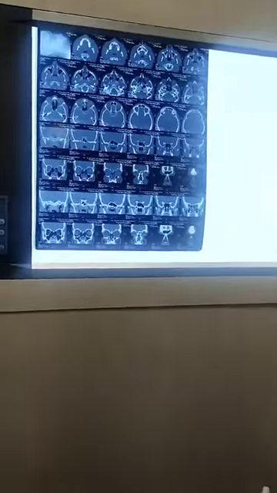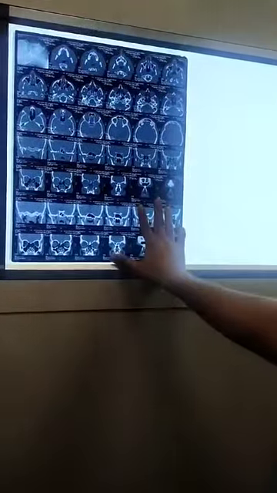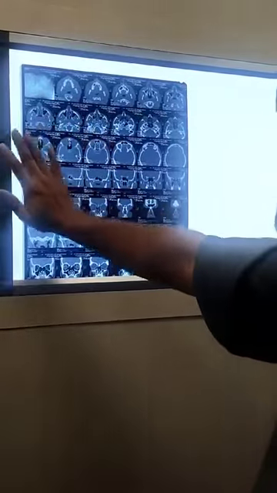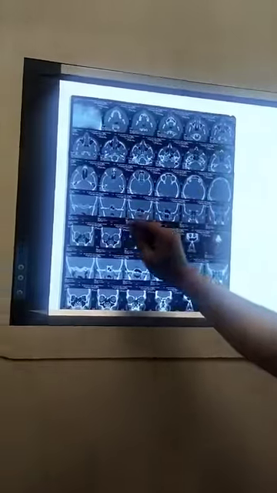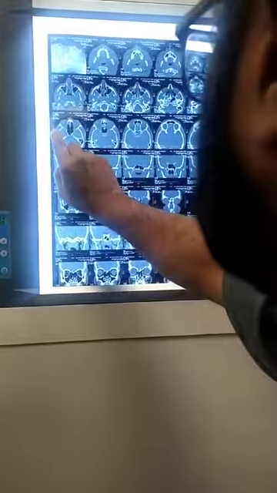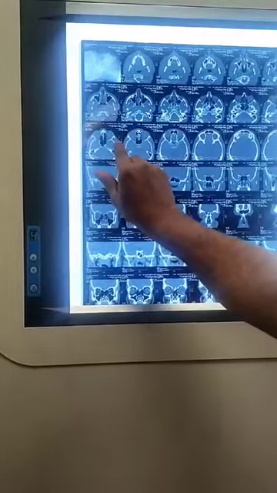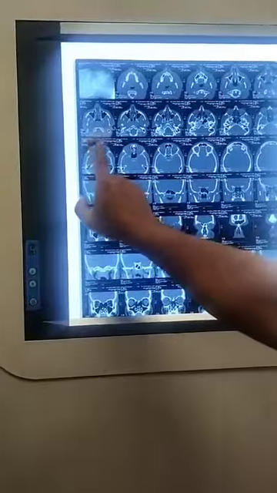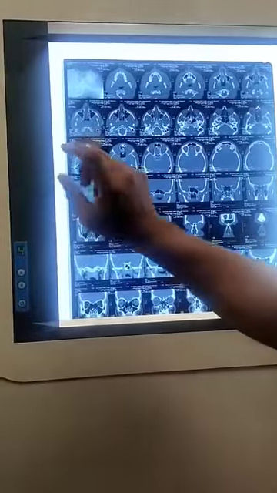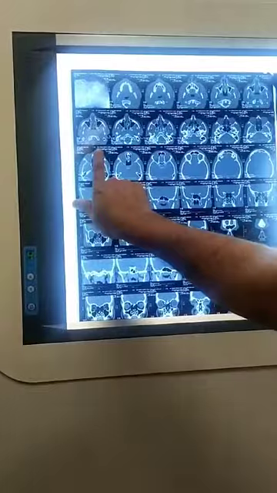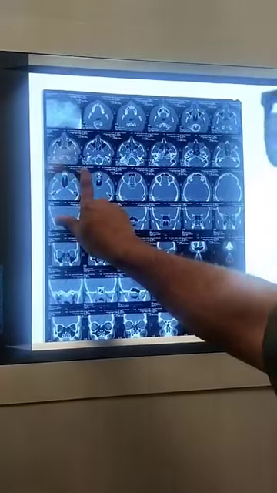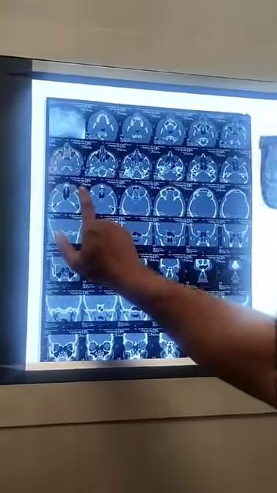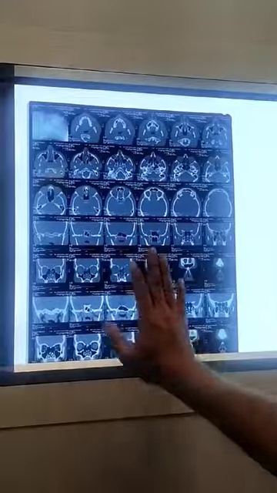So, having said that, when you start looking at the CT scan, we start with the side, whether it's the right side or the left side. To see if it's the right side, you can see a small R here, right? And a small L here. This is one small picture film basic. So this is the right side and this is the left side. Then you see the name, where it has been done. This is done at DHQ Teaching Hospital. The patient's name is Zahid Hussain, and we have the age and the other particulars of that patient.